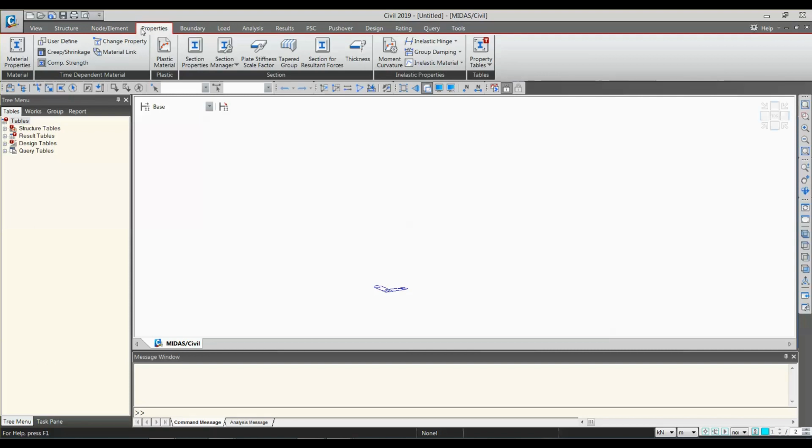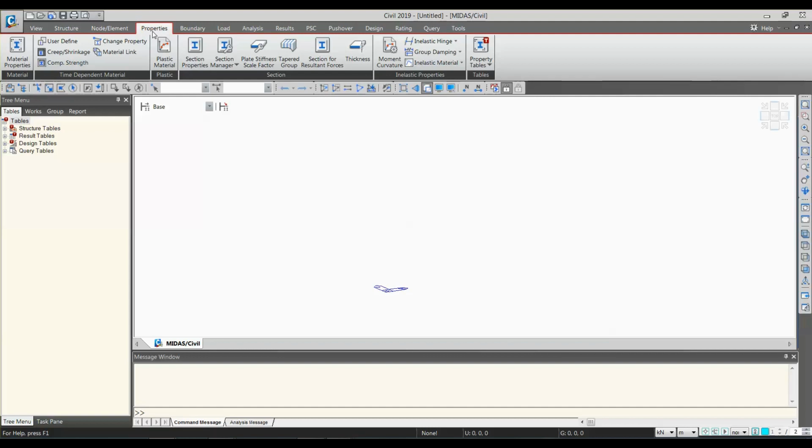Under the properties, you can define material properties and section properties, and you can see the section stiffnesses under the section manager. You can also give the reinforcements to the composite section or the PSC sections. You can check the stress points, or you can add stress points to the section. Regarding the properties, all things you will find under the properties tab.